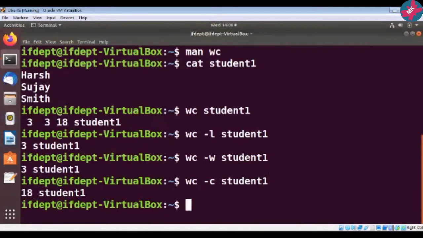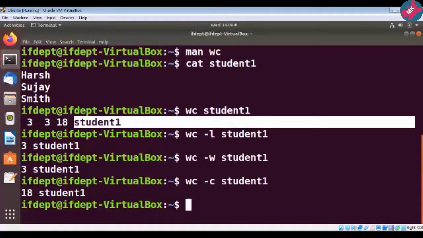See here, it has given me the same output as it gave above. So these are the different options associated with WC. There are more options that you can explore in the man command. So the WC command is basically used to find out how many lines, how many words and how many characters are present within a given file.